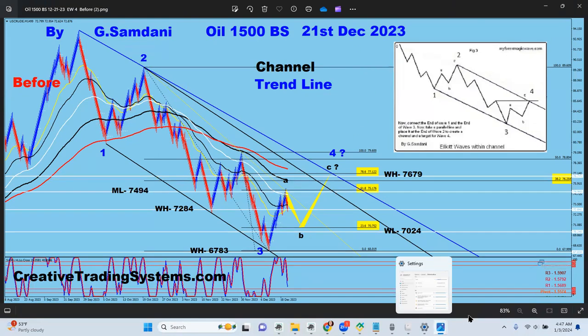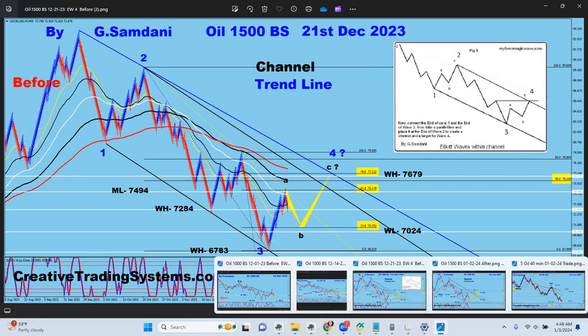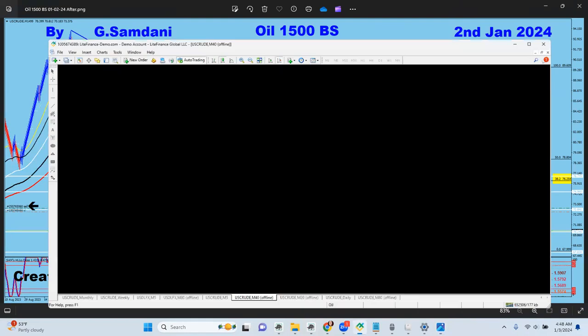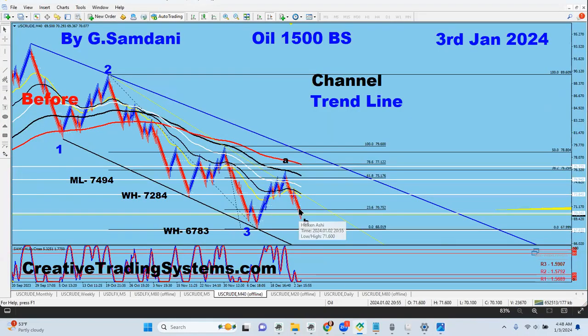So look what happened to this one so far as of today. Boom, we came down here exactly as I was pointing out to this level here, 70.24. Below this is 67.83, where we bounced as wave 3 first before, right? So now we are currently here. The current chart is this. You see this? So we poked into it, but we are trying to hold on above it, right? So we are at that number right now.